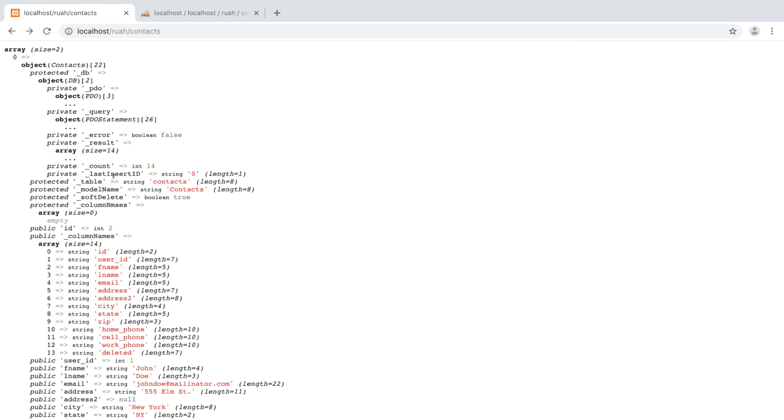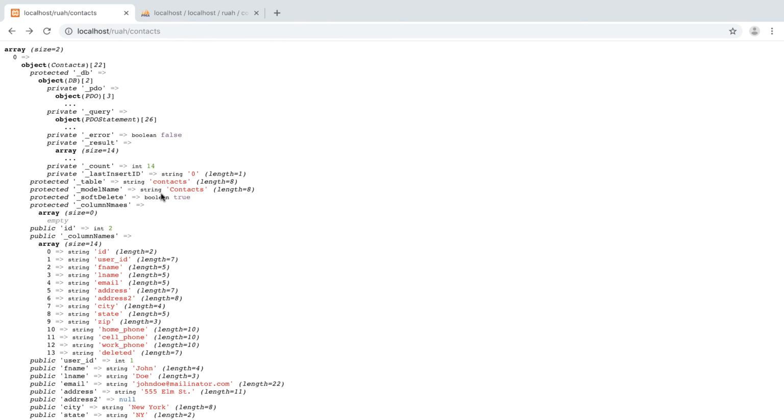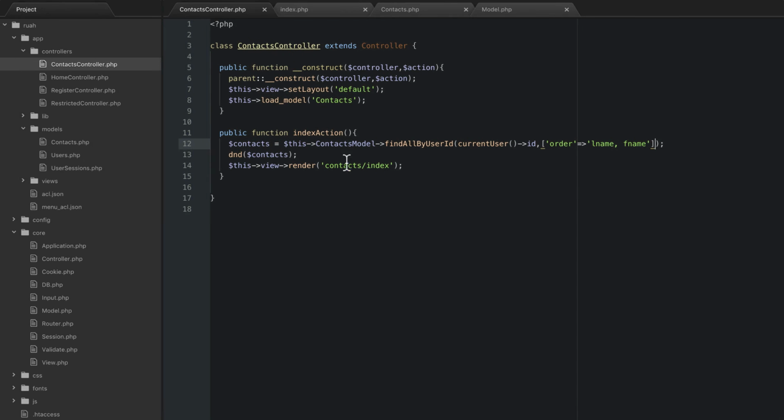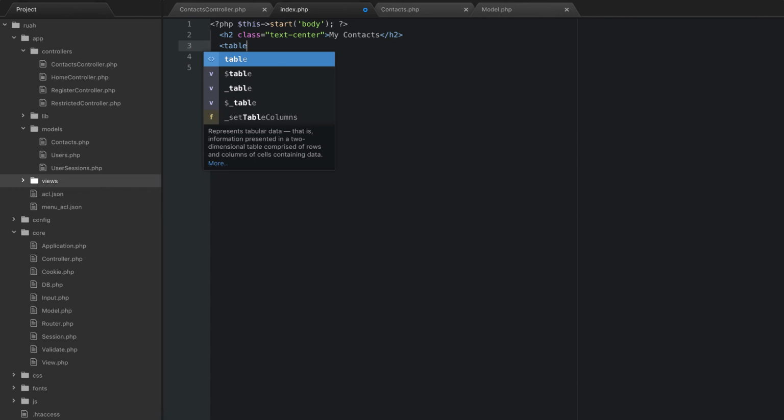Alright, so this is just an array, so this is obviously not what we want. Now that we know that we are returning our 2 contacts that we have, let's go ahead and make a pretty table for this. So what we want to do is we're going to go back to our view now. So go here and open up the index.php, and underneath your h2 we're going to add a table, give it